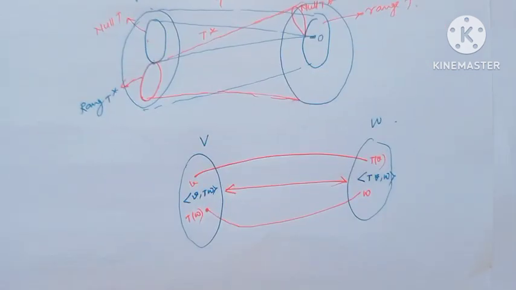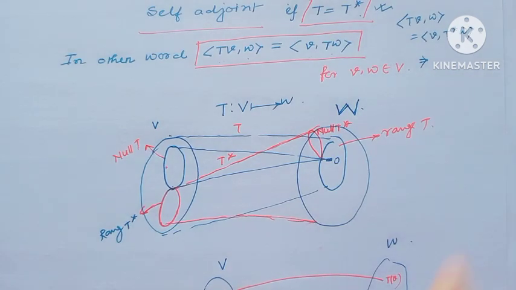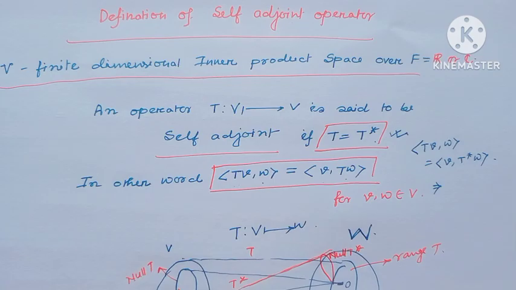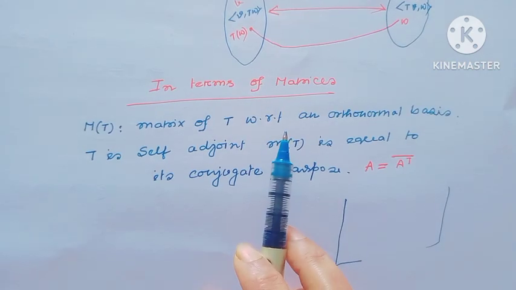I hope all my viewers have understood. This is the graphical, geometric picture, and this is actually the inner product. I hope all my viewers have understood the definition of a self-adjoint operator. Okay? Next, in terms of matrices,